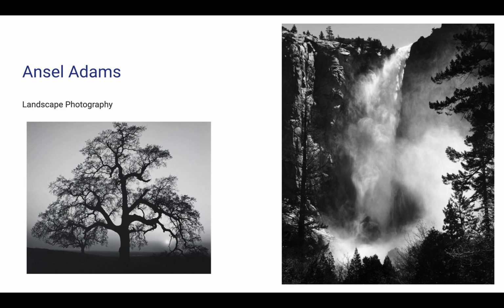Now, the picture on the left that we see of the tree, this was a row of trees. So composition is everything in photography. You can see how he isolated that tree. It's really balanced. Our eye shoots straight up the black line of the trunk and then kind of fizzles out with those little branches towards the end. With the waterfall photo, you can see your eye directly goes straight down and then really gets a chance to look around at what else is happening in the photo. So this same scene, if I'm just looking at it, I'm not going to get the same impression. If it's cropped different ways, which means that we cut out different parts of it, it's not going to give the same impression. And so you want to constantly be thinking about